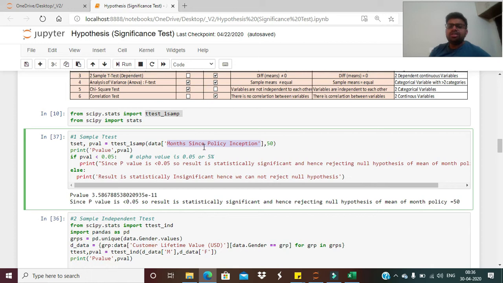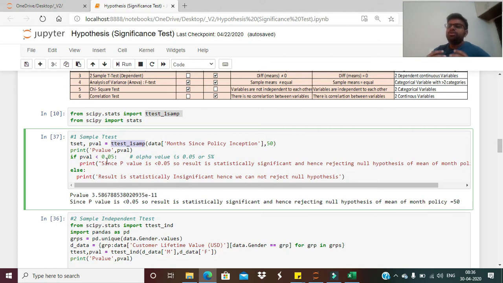Here, for this particular variable, I just want to understand whether the average is 50 or not, right? So I'm doing a one sample t-test on this specific variable. Once I do this t-test one sample, I'll get a certain p-value, and most of the time we get the results at a 95 percent confidence level.